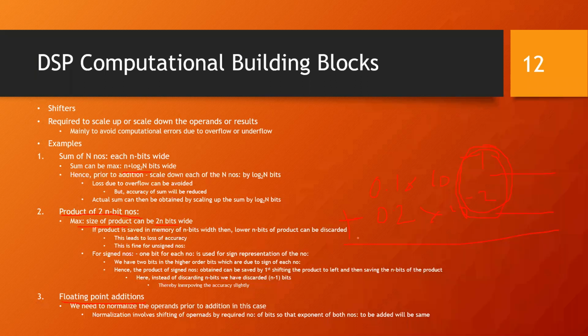So this is where shifters also can be utilized. That is, you shift these numbers and adjust the exponent. So if I shift one number, it will be like 0.1 into 10 raised to minus 1. And if I shift this number, it is 0.2 into 10 raised to minus 1. Now I can add these two numbers. So it will be 0.3 into 10 raised to minus 1. So this is how you can go ahead when you're doing shifting operations.